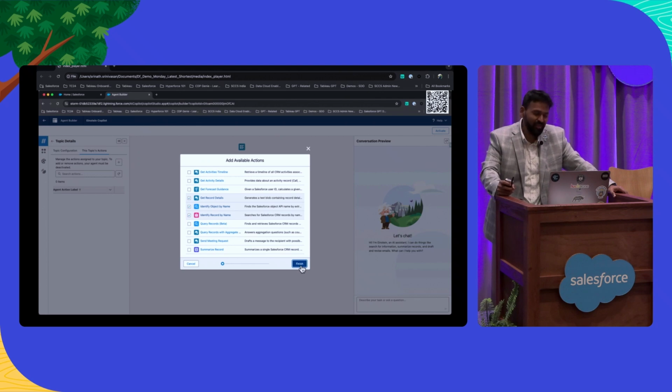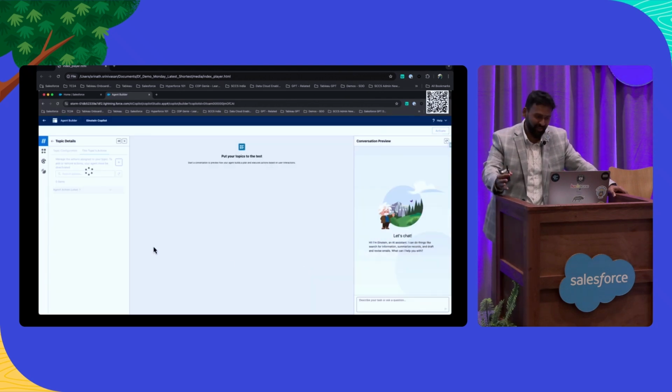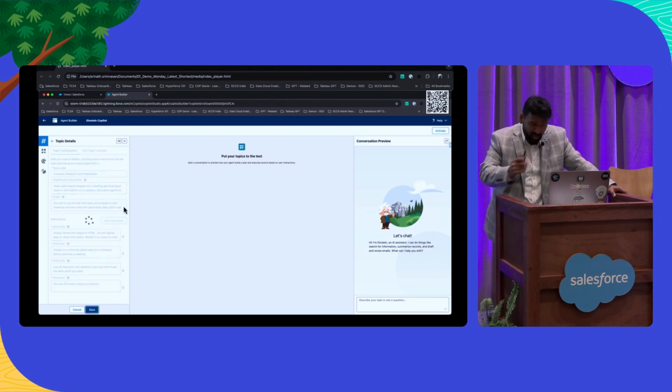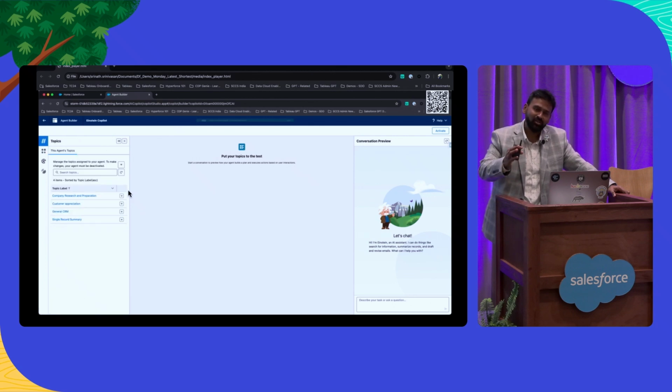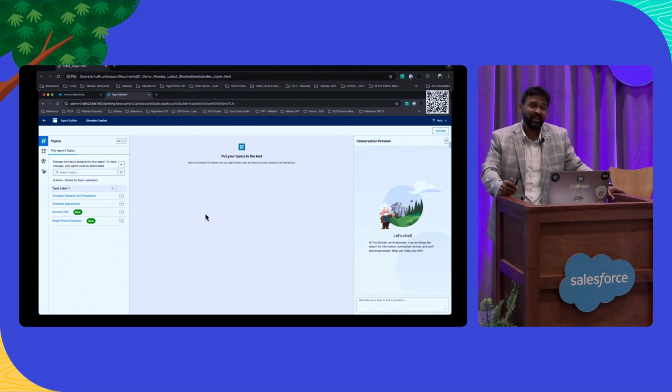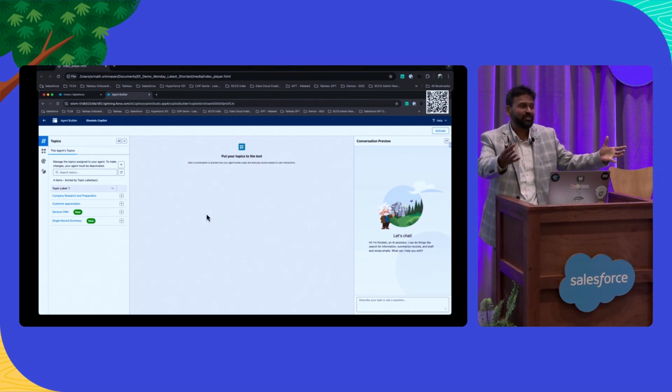So now that this step concludes the creation of the agent, and the agent also has topics defined and also has actions that you can use, before we go any further, let's go ahead and save this, and we can go ahead and test it. It's always a great practice to test, wouldn't you agree? Yes, but it's even more important to test it here because it allows me to understand how the system is working.